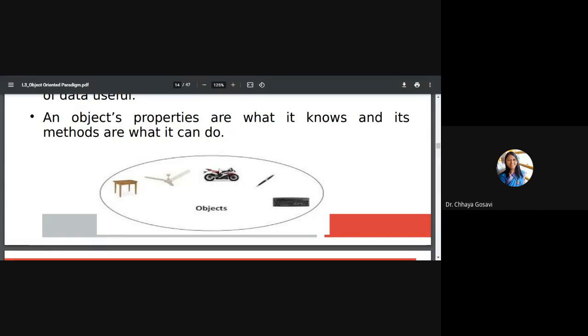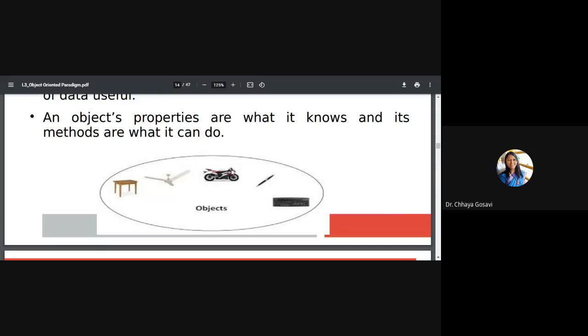Suppose a bike is an object. So what will be the attributes of a bike? Color, speed, mechanism, tire quality, mileage, model, engine, gear, brakes. Very good, you have found much more.